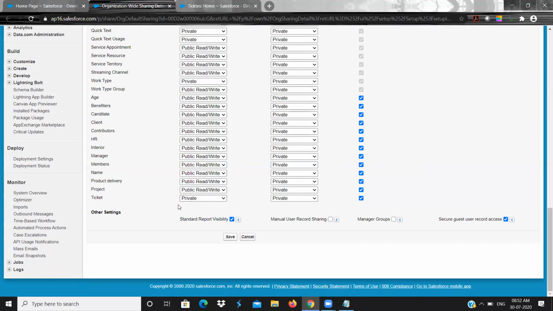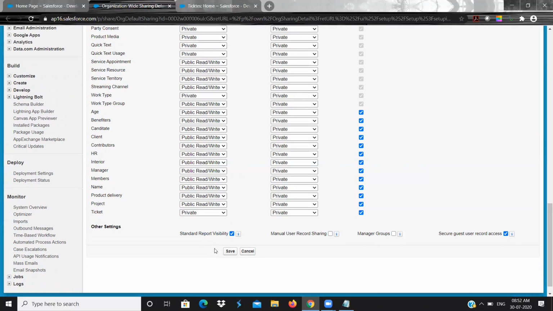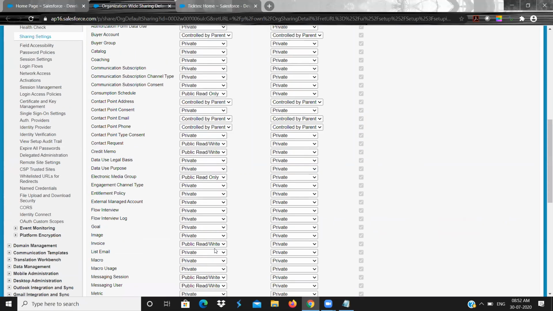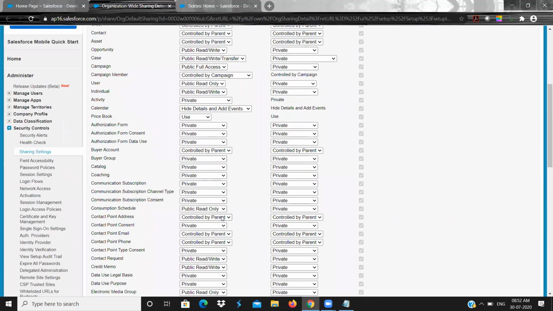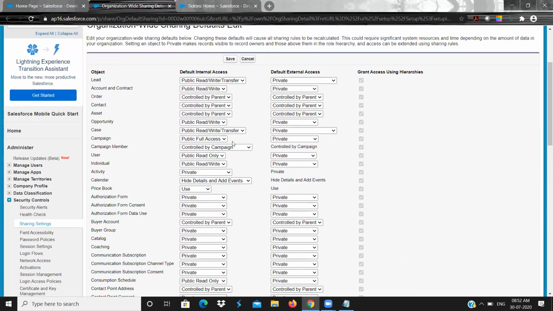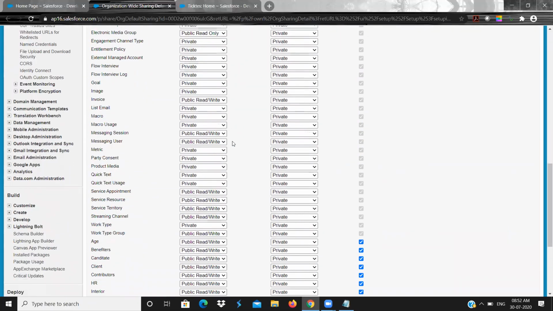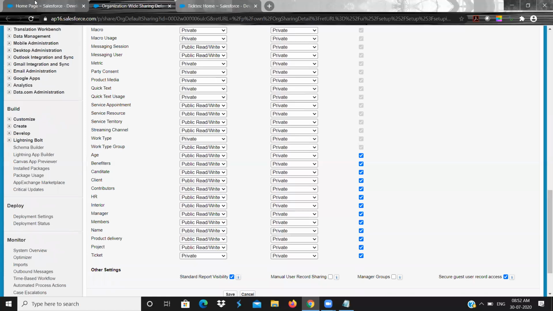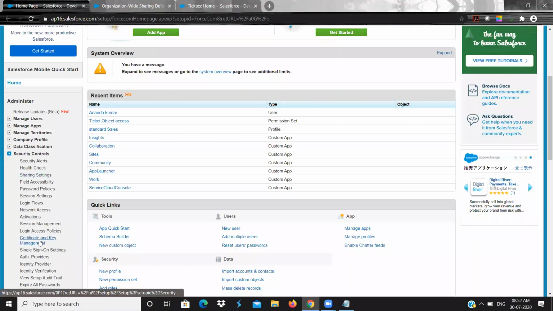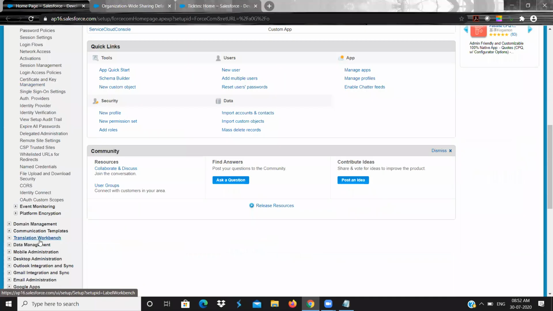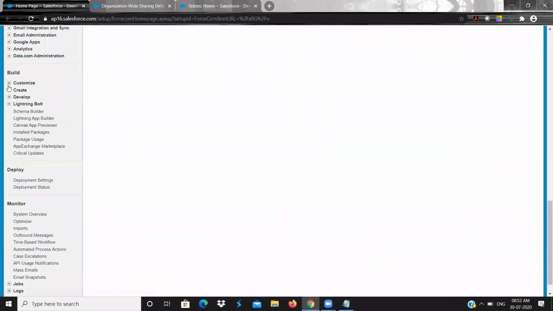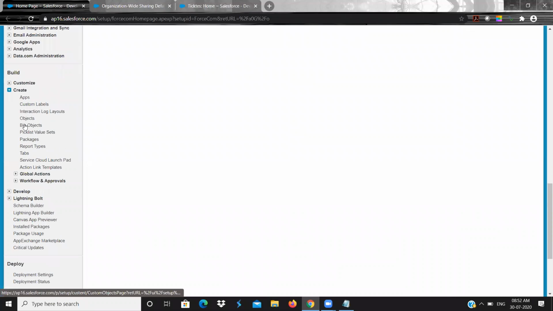Then here, if you see, for a few objects it is coming as controlled by parent. We have created master detail relationships for many custom objects, right? Let me show you. Go to objects, create objects.